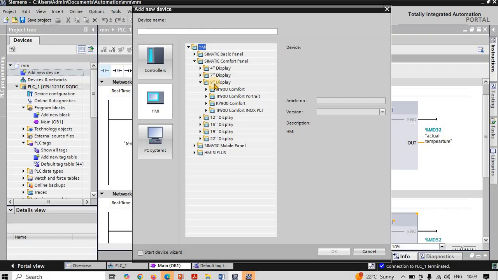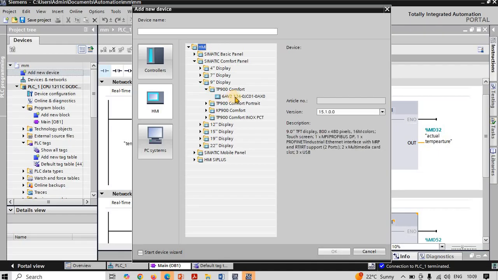So the HMI which you have purchased, go with that, right? Means if you have purchased the 7-inch display and you are selecting the 9-inch display here, that will not work, right? So right now we have the 9-inch display. So let us select the TP900 Comfort. Okay, this is the HMI. Let us select it and